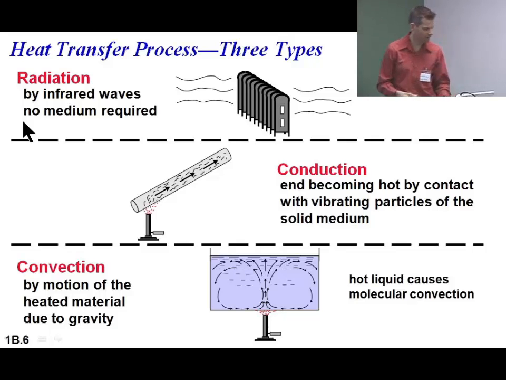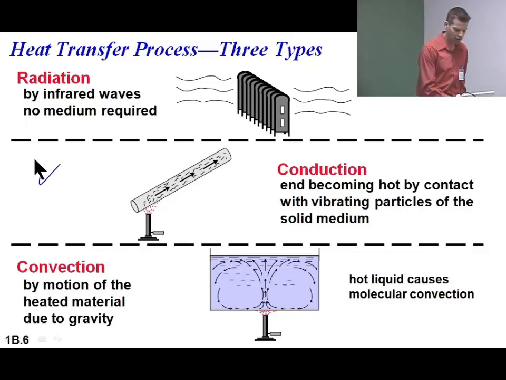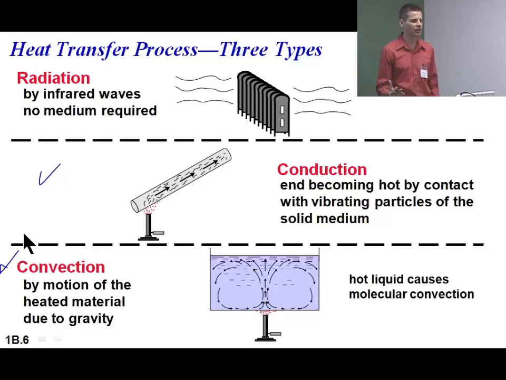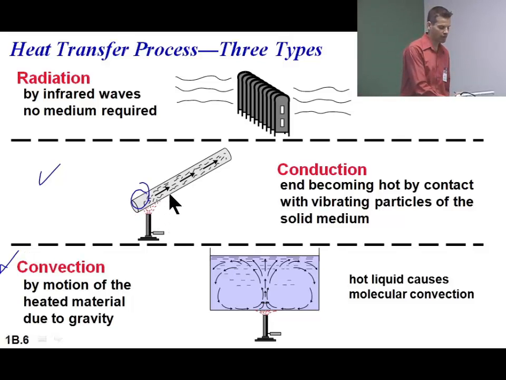So that's an example of radiation heat transfer. More commonly, though, what we're going to use are the modes of conduction and convection. Conduction, you're moving heat through a solid object, and it's basically the vibration of the atoms within the solid and the movement of electrons that are moving heat from one part of the solid to the other. And here's an example. We're heating up the end of a rod with a gas flame, and the heat's moving